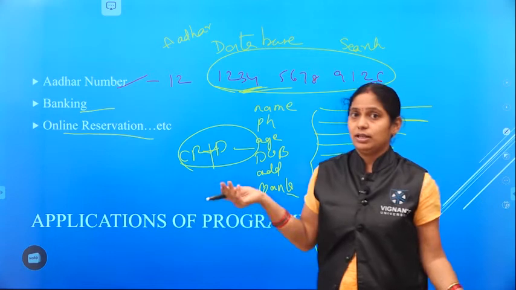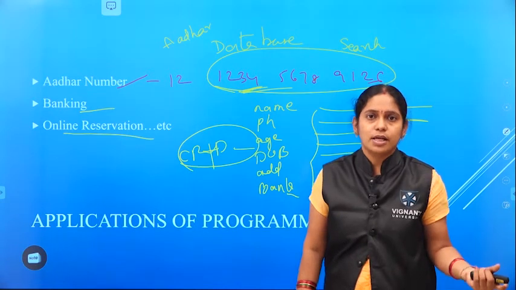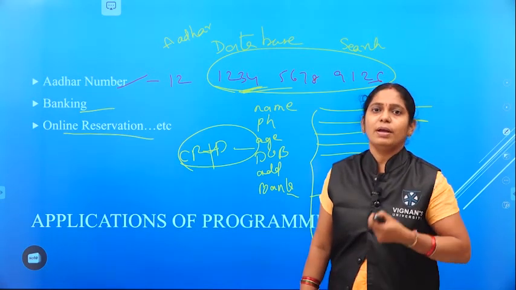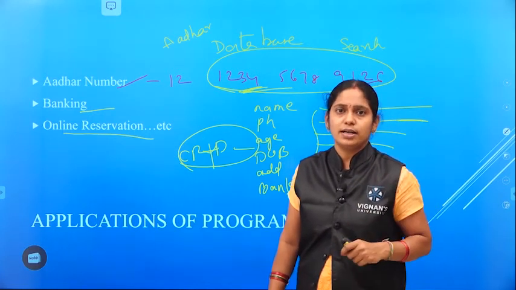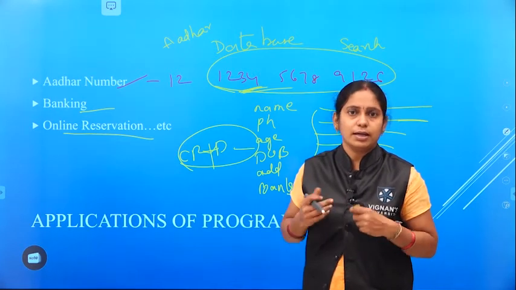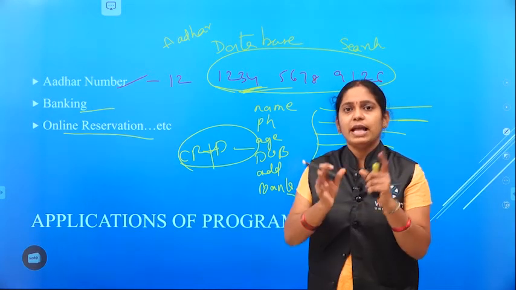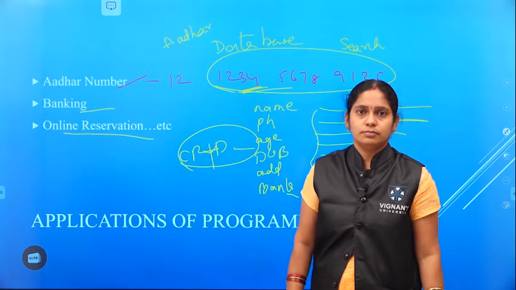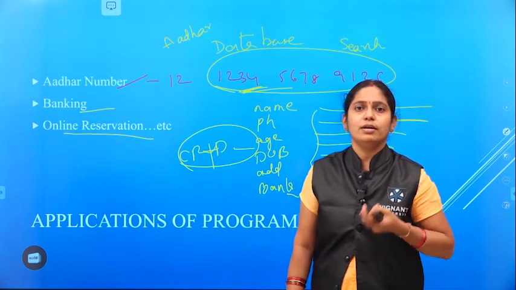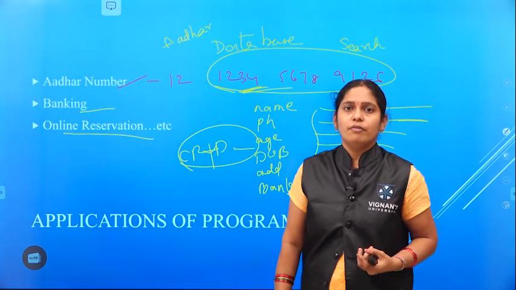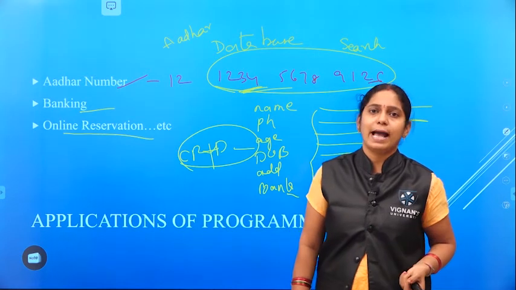And nowadays, coming to the next example, online reservation. Assume the previous days, olden days. If you want any reservation, it may be a bus reservation or a train reservation or something, we should move to that respective center and we need to get the reservation. But now everything is digital, means wherever you are, from there itself you can book the ticket which you want. Not only the bus, not only the train, you can reserve a movie ticket, you can reserve a flight ticket, whatever you want, from there itself you can complete it. That is with the help of a computer and programming.